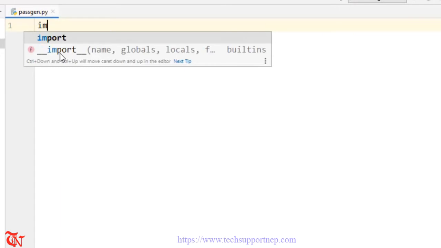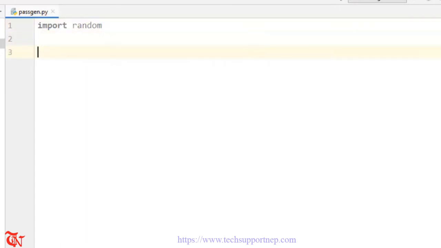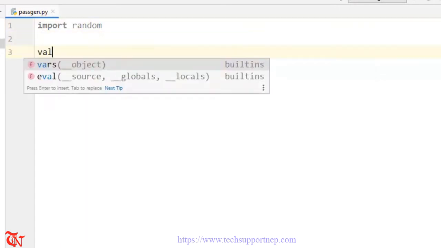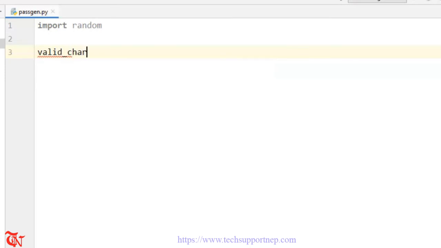It's very easy to generate a password using Python as compared to C#, Java and PHP. So let's do it. First of all, we need to import our module, that is the random module, and then I'm going to define a variable valid underscore character is equal to, we are going to use alphanumeric characters, that is